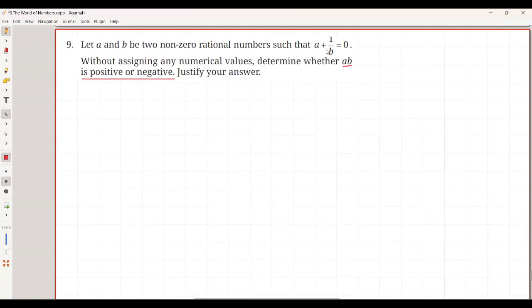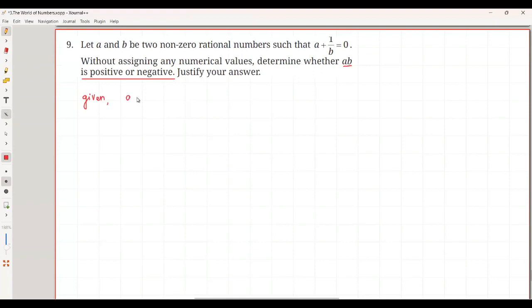So we should not take any value for A and B to find whether it's coming as positive or negative. Without assigning the values, we have to find out. Right, let me explain. First, just take what is given in the question. So given,